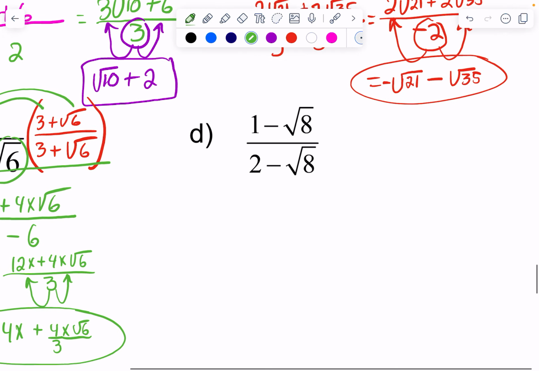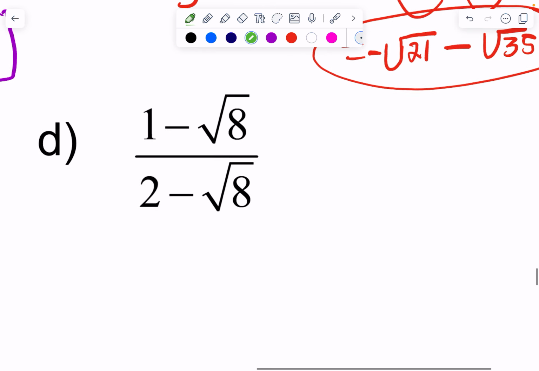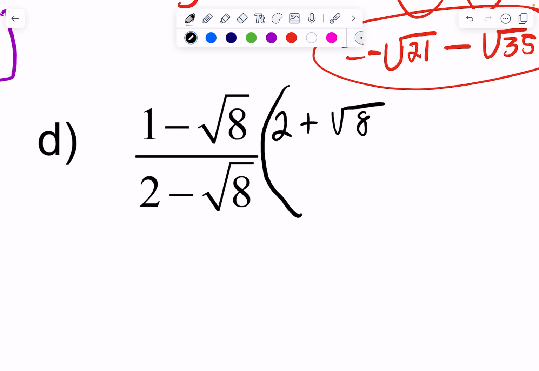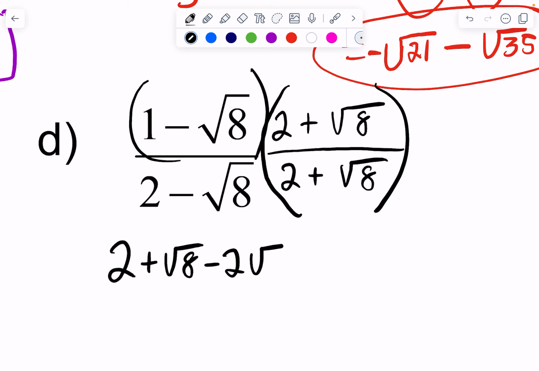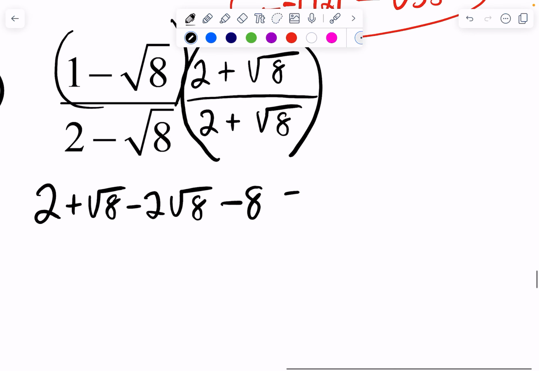All right, last but not least, got to go ahead and rationalize because I cannot have a denominator with a radical. So I'm going to multiply both the numerator and denominator by my conjugate. You got it. So now I'm going to go ahead and FOIL. 1 times 2 is 2 plus square root of 8 minus 2 square roots of 8 minus square root of 8 times square root of 8 is 8. That will equal negative 8